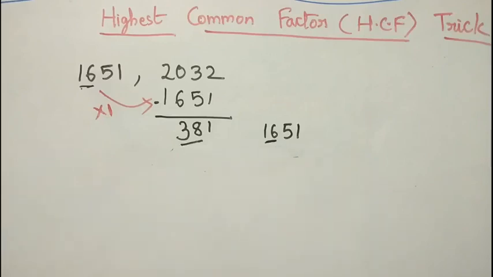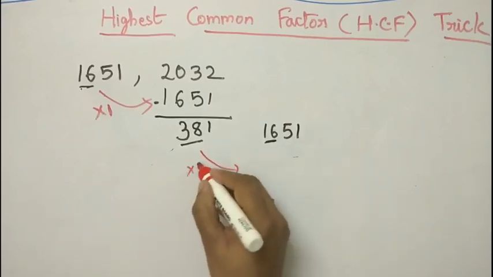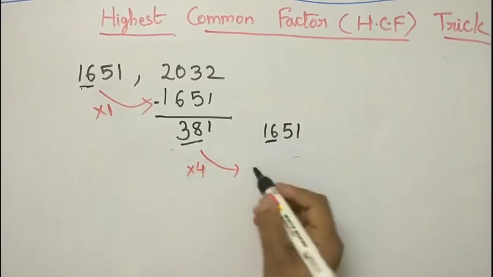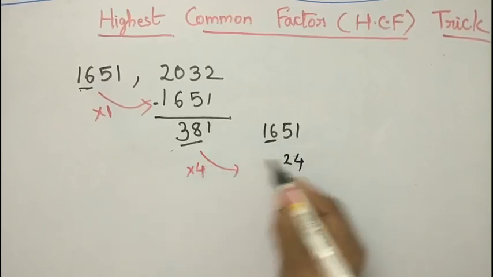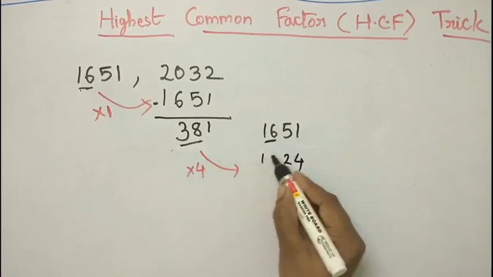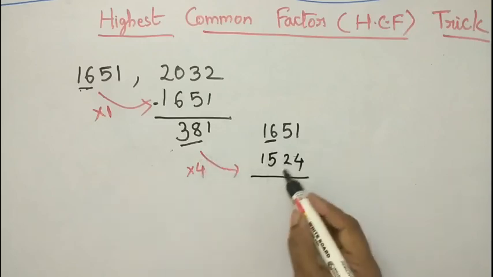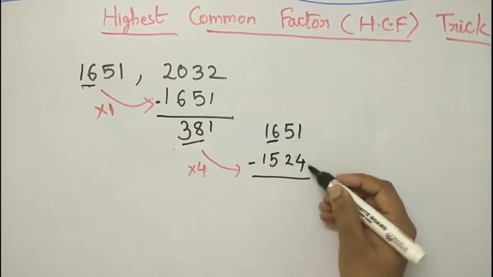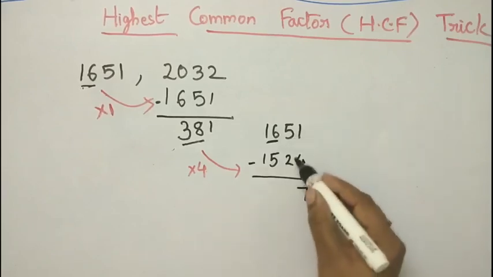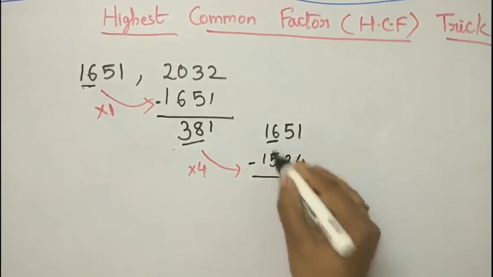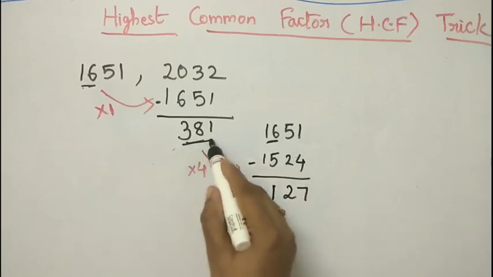So just multiply with 4 and write down the value here. This becomes 4, 4 8s are 32, 2, 4 3s are 12, 12 plus 3 is 15. I have done a mind calculation here. 11 minus 4 is 7, is it not? Here 4 is there, 4 minus 2 is 2, and here 6 minus 1 is 5, is 1. Now bring this 381 here.